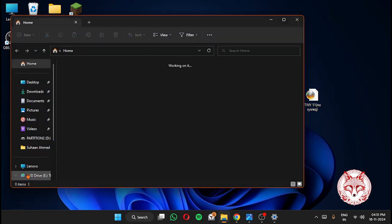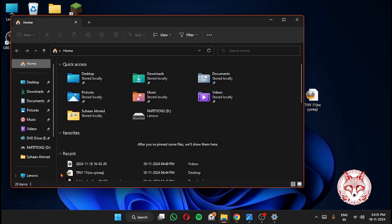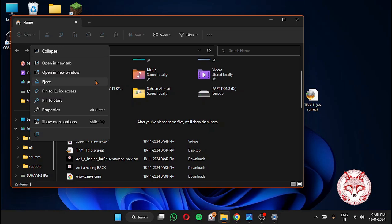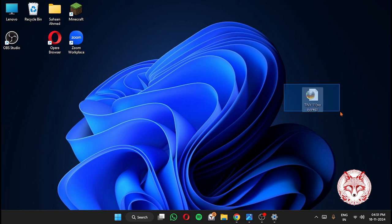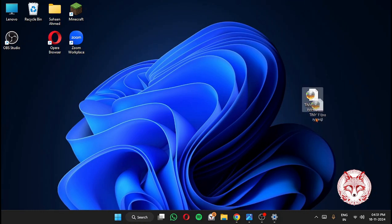So today's video is about Tiny 11. You may have heard about it, but this is no ordinary version of Tiny 11. With this version, it will work on a 7th generation Intel processor. So with this, you can install it on any device made by Lenovo, HP or Dell, but if it doesn't match 8th generation, you can use this, and this is a way to get Tiny 11 without losing all